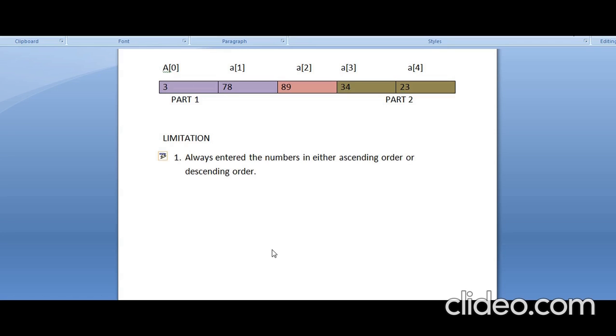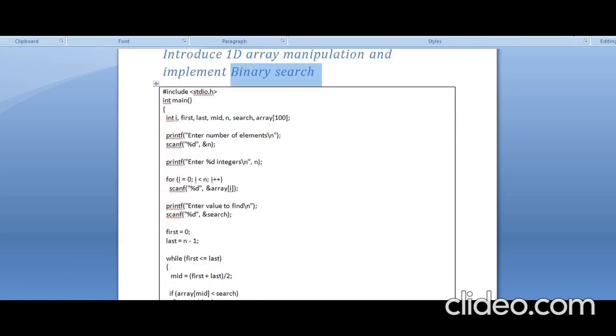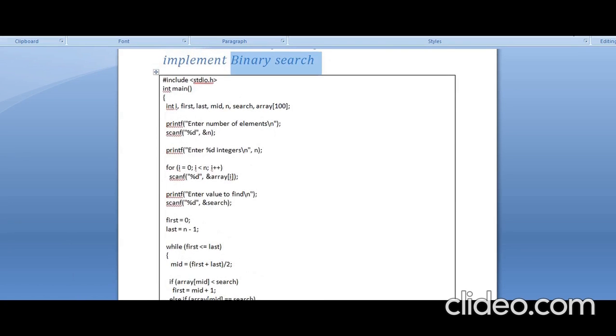Okay, let me take you to the main program now. Hope you understood my problem statement and how we are going to do it. I'll explain it, try it. So let me take you to the actual program. First of all, what things do we require? Definitely we require an array.